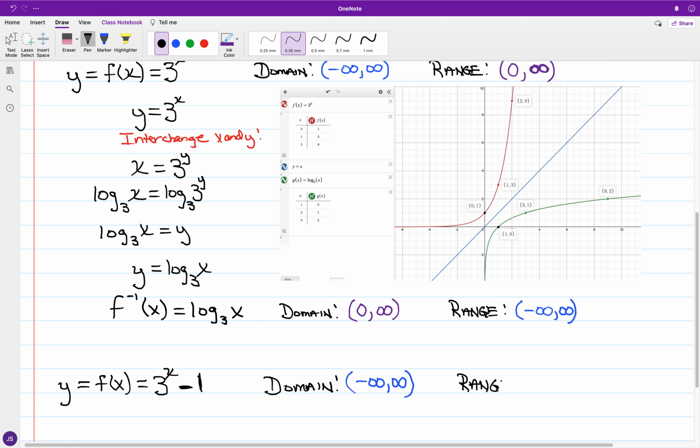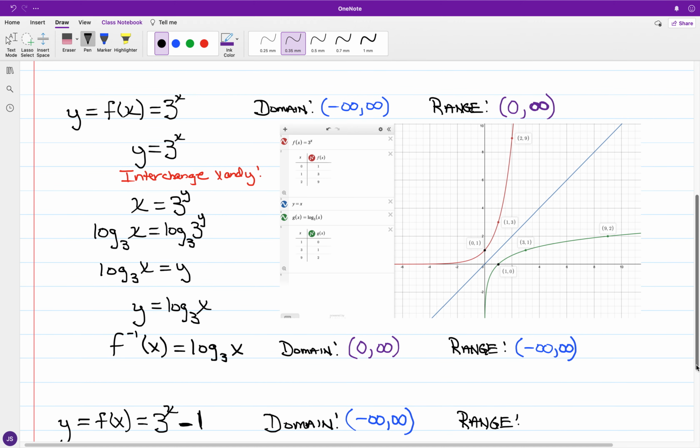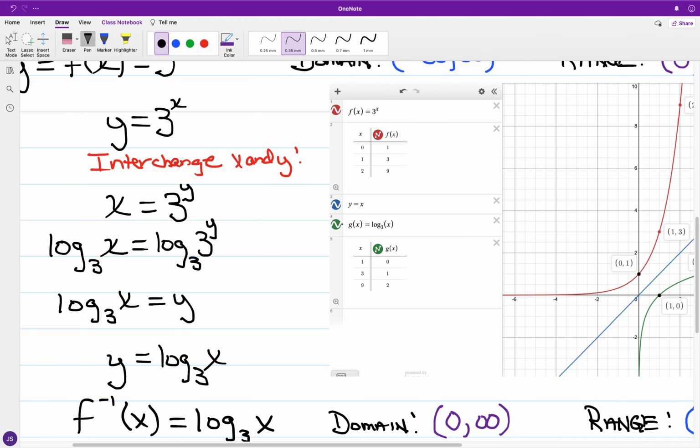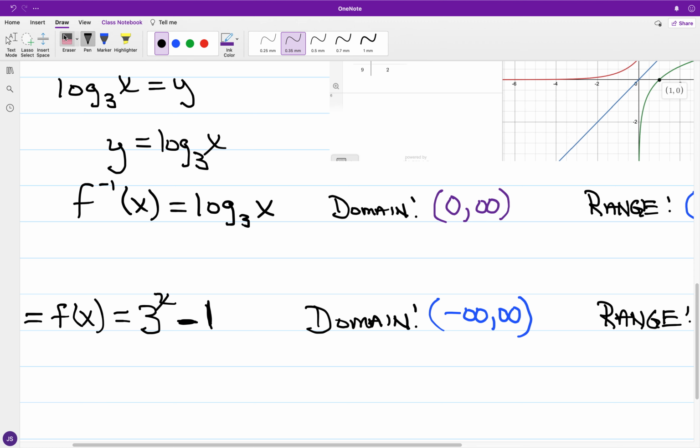Now in the case of the range, notice for 3 to the x, as x gets smaller and smaller, it's tangent, but it never goes underneath the x-axis. So you can say that as x gets smaller, 3 to the x is going to be just like the smallest imaginable positive number there exists. But let's say if I go down 1 unit,